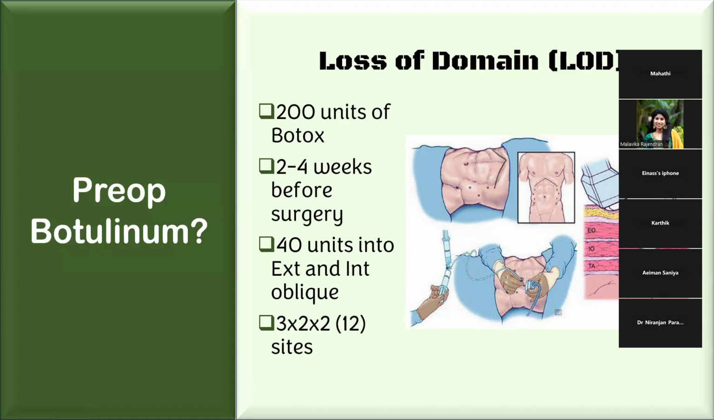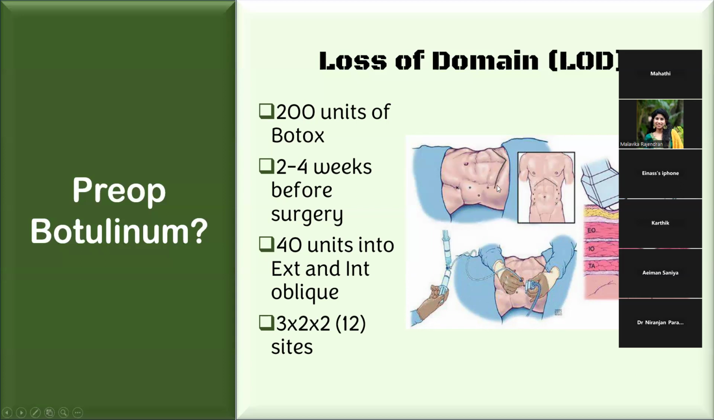I've got your picture there, okay? 40 units into the external oblique and the internal oblique. You don't put it deep into the transversus, because that's where you want the maximum expansion. And you do it by ultrasound guidance if you want. You can use 200 units. There are 3 points, as you can see, lateral to the